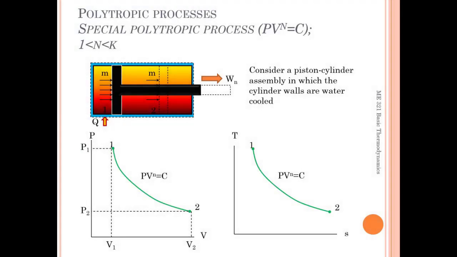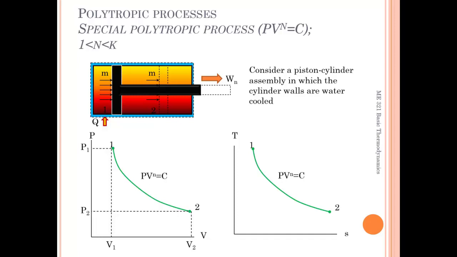Now, the last thermodynamic process is a special polytropic process. This type of process can be visualized by the expansion or compression of an ideal gas inside a water-cooled or air-cooled piston cylinder arrangement. To start with our analysis, let us again assume that heat will be transferred into the gas. As expected, the gas will expand inside the piston, causing the volume to increase and the pressure to decrease